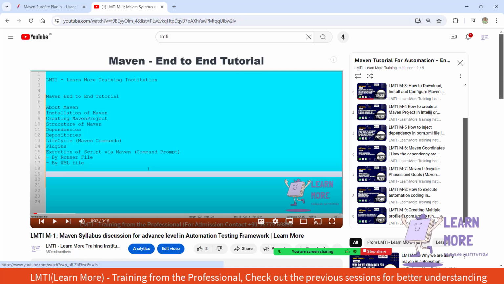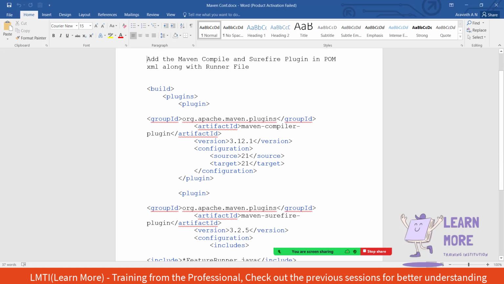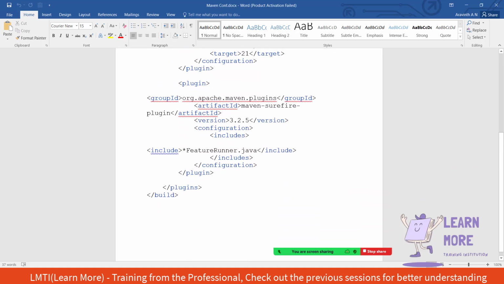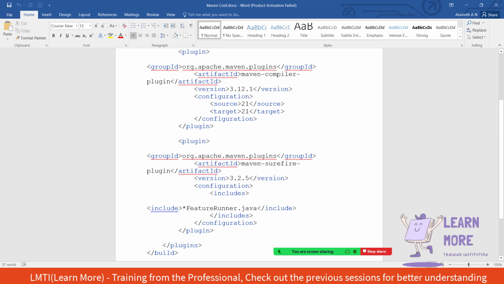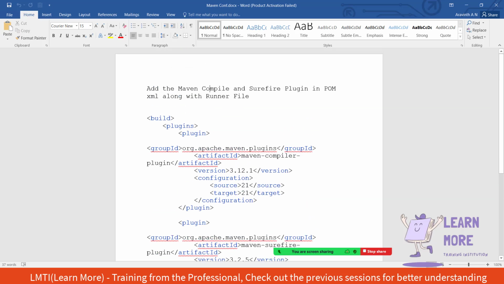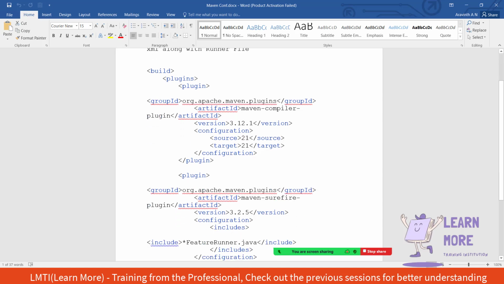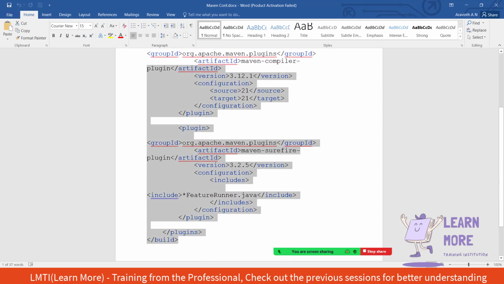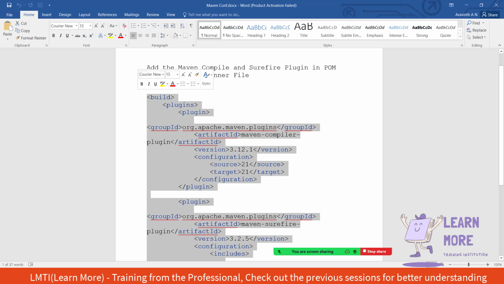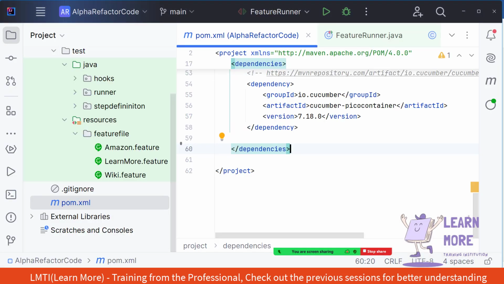But now I'm just going to straight away add the needed plugins. I'm adding two plugins: one is a compiler plugin and another is a surefire plugin. With the help of the plugins, we are going to run the script. The compiler plugin will compile the source code, and the surefire plugin will execute the source code. Now let me just copy this section, and I'm going to paste it in the